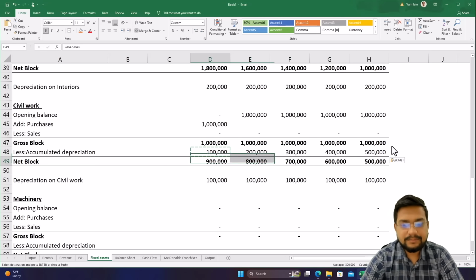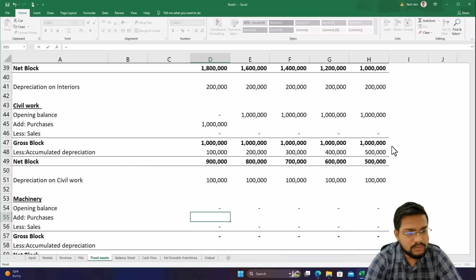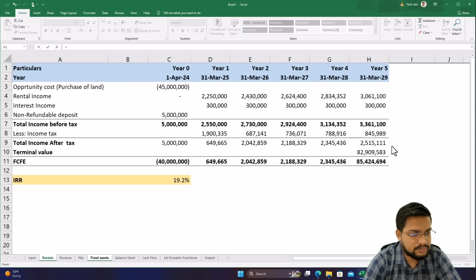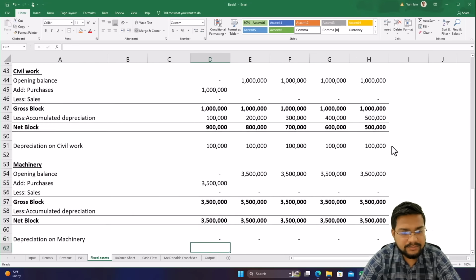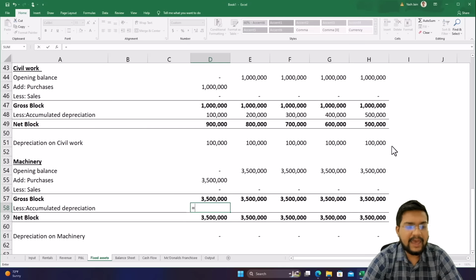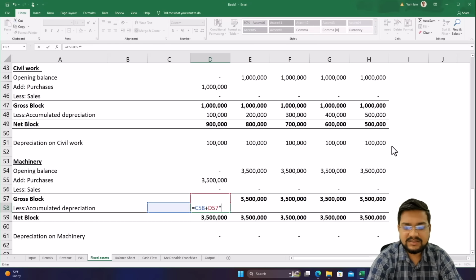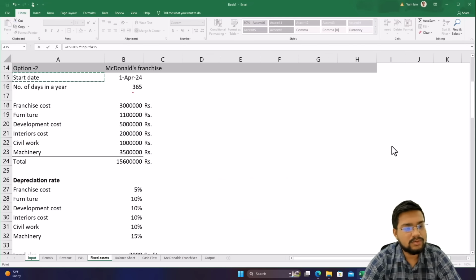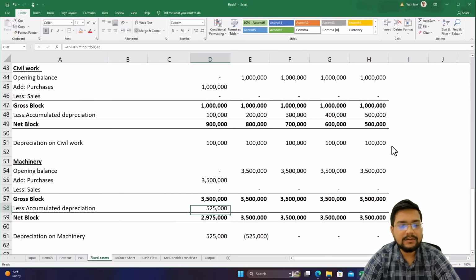This is also done. And the last part equals to 35 lakhs over here. Accumulated depreciation will be last year balance plus this into this 15%. F4, enter, copy,